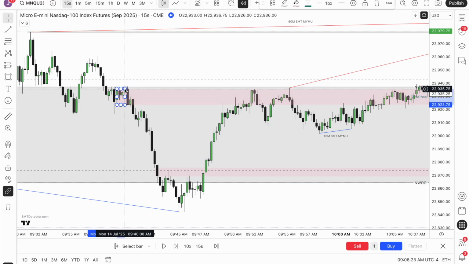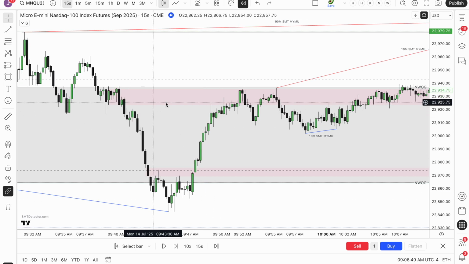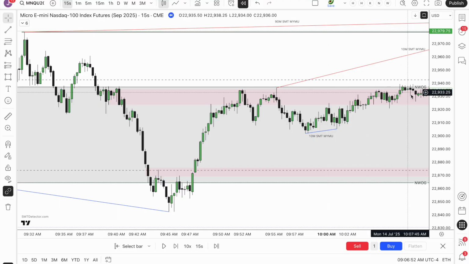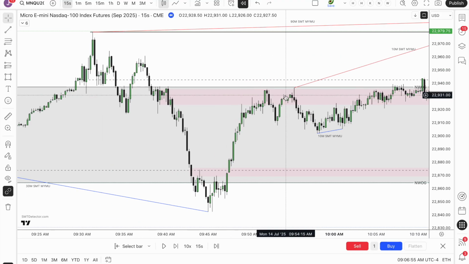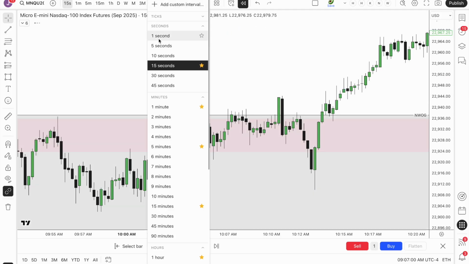So this would be the first series of order blocks that I would use because we drop lower and we come back to test it. Drop lower, test it, drop lower. We don't test this fair value gap, so I wouldn't use that. We drop lower. We don't really test these order blocks. I really wouldn't use that. And you can see it kind of holds it down there, and then once we get above it, it takes off again. Let's see if we can go to the 5-second and get more